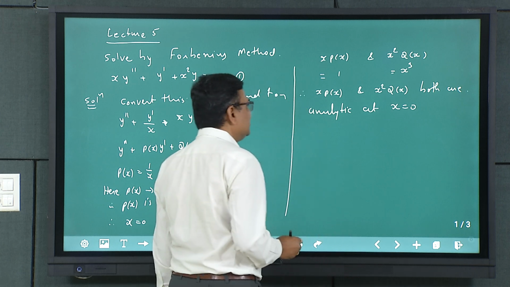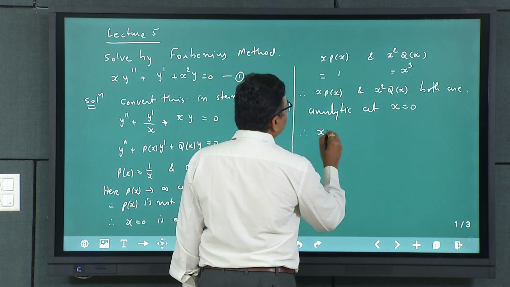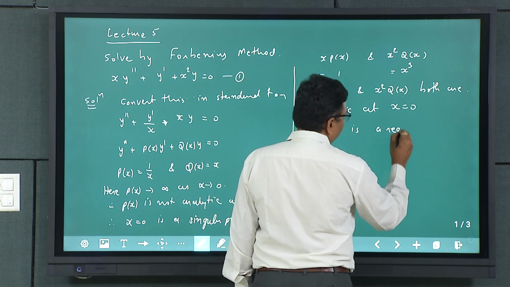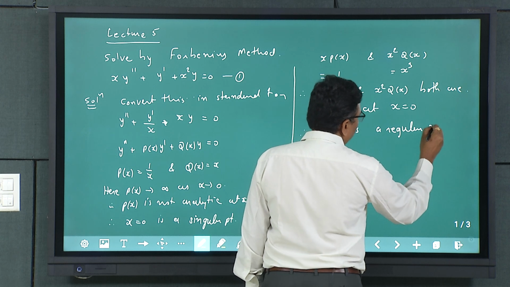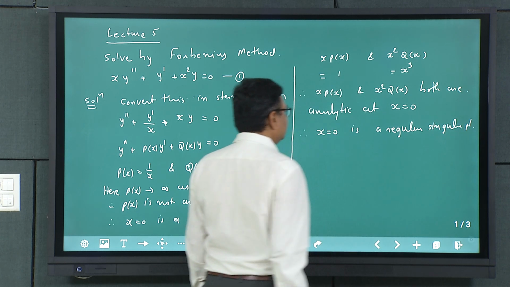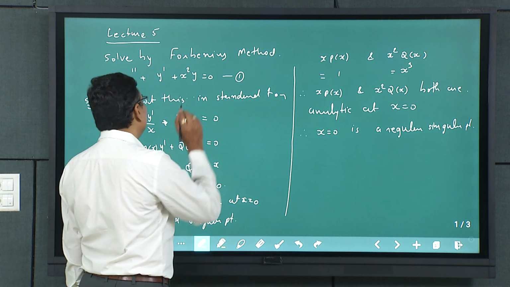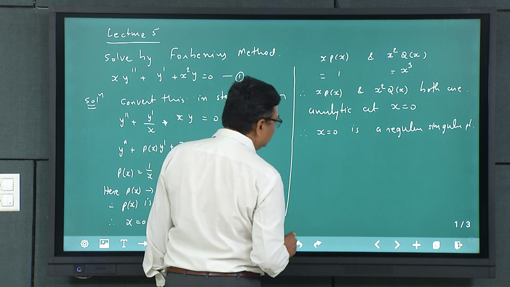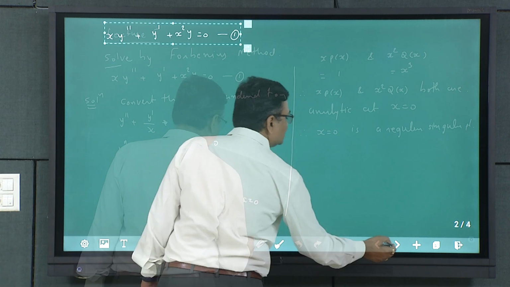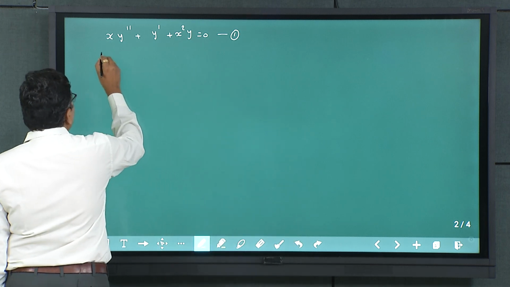આ બંને x is equal to 0 અગર એનાલિટિક છે, right? Therefore x is equal to 0 is a regular singular point. x is equal to 0 એ શું થશે? આપણું રેગ્યુલર સિંગ્યુલર પોઈન્ટ થશે એન્ડ હેન્સ આનું સોલ્યુશન જે છે એ આપણે ફ્રોબેનિયસ મેથડથી સોલ્વ કરવું પડશે. સો લેટ અસ copy this one. So 0 is regular singular point. So consider